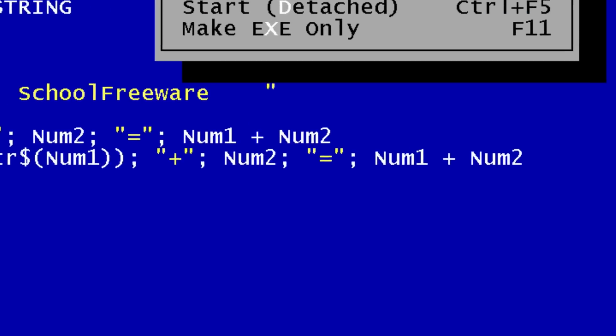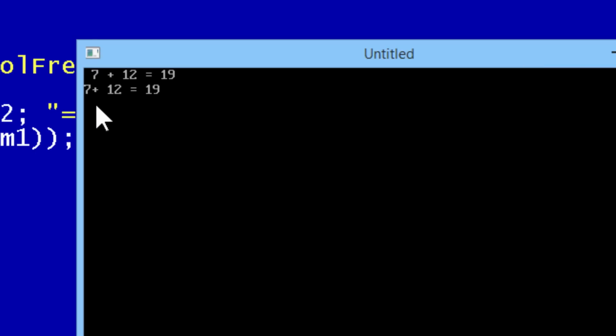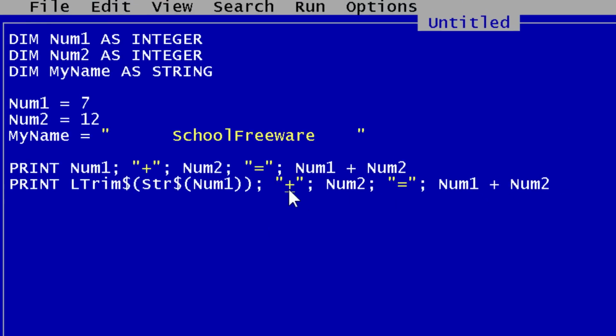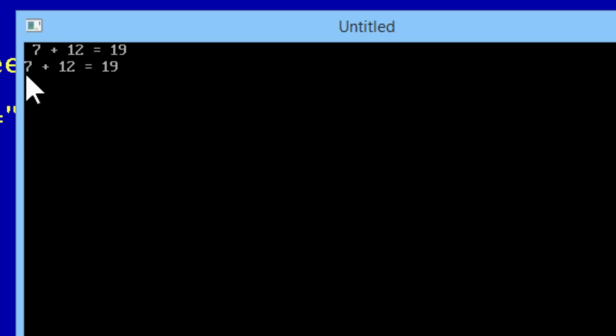Okay, when I go ahead and run, we find that the space is removed to the left of the 7, but also there's a space removed to the right of the 7. And that is because the string conversion converted the integer to a string, and we lost a space here. So if I wish to put the space back, all I have to do is add a space to the plus. I'll go ahead and run again, and there we have it with this one space removed. If I wish to remove all the spaces,